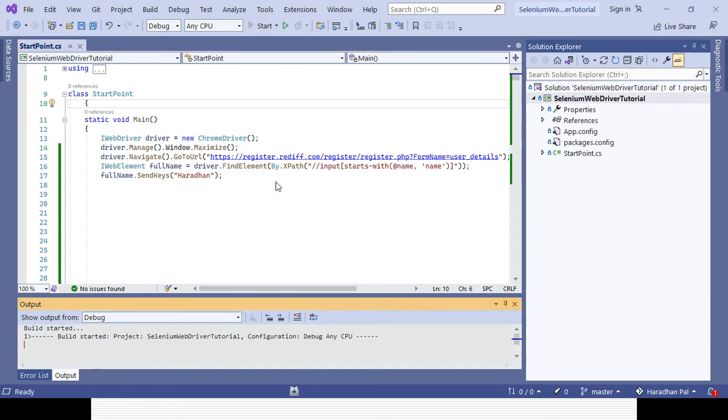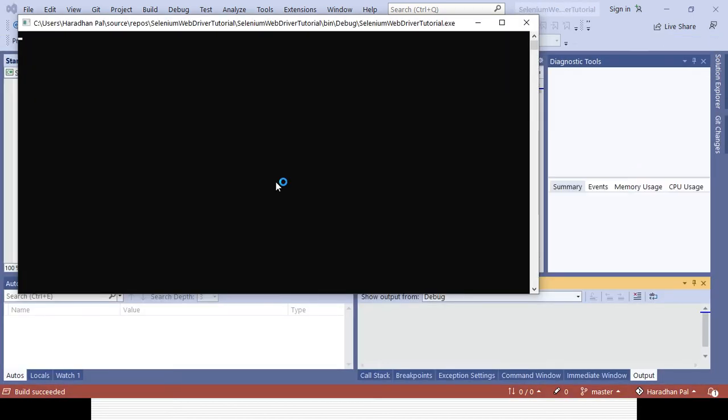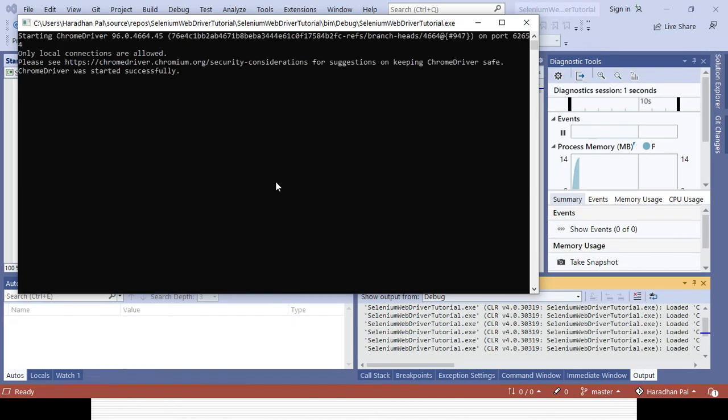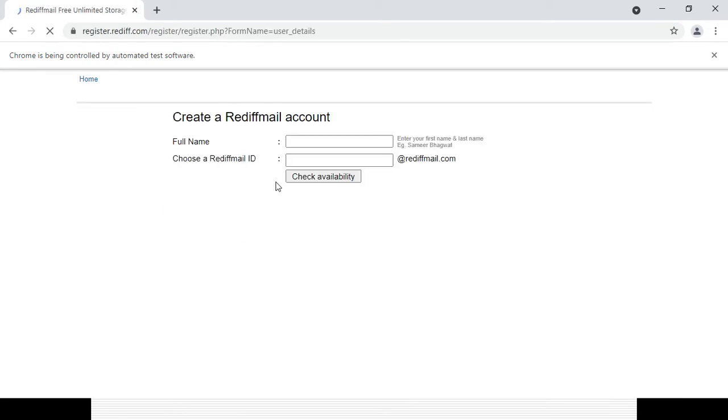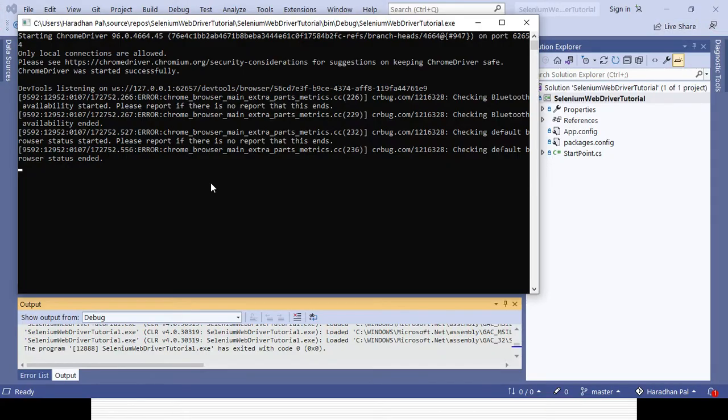Try to run it. So with the updated value, instead of the name, whole component static plus dynamic, I have taken the static component which is the name and I have created the XPath which starts with. So XPath is nothing, / tag name third bracket @ attribute name equal to value. But here we can use some of the other keyword also, right? You can see now Haradhan is getting entered, right? So my XPath is working fine. So that's why you can create your XPath.